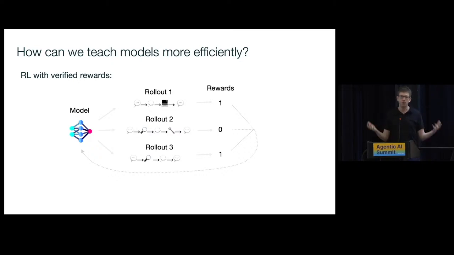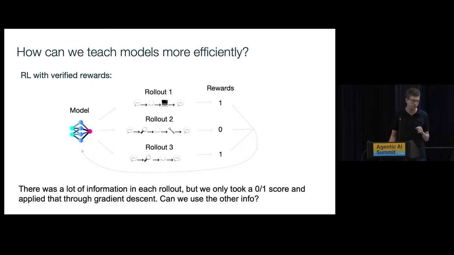There's so much that happened in these trajectories that maybe is informative, like why did it fail? It got this compiler error message, or it ran out of time or something like that. But all we get is the 0 and 1. And then we ask, can we take a derivative with that and see how to update the weights? So basically, we've lost a lot of information. And imagine, these rollouts can take minutes, but imagine you're using your model where it has to do an experiment or something in the physical world. These could take hours, and we just condense them down to a 0 or 1.